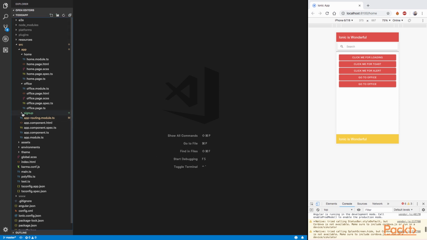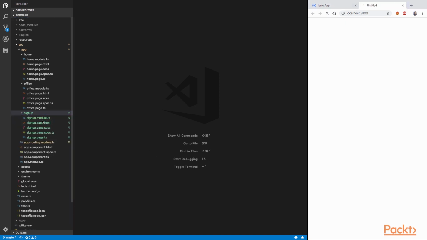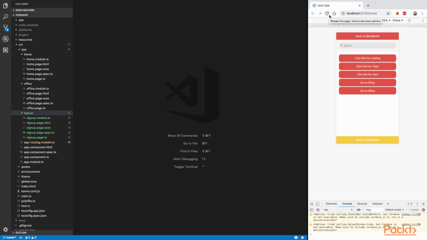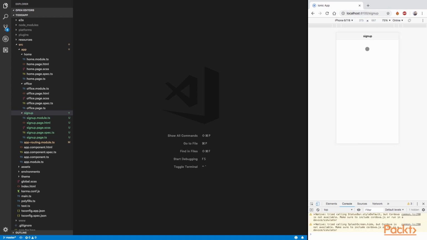So if you look inside your sign up page, you can see that I have all the files that I need for any page in an Ionic application. And if I refresh the application in the browser, I still get to see the home page. So I'll change this path to sign up and I get to see the sign up page. So now we can go ahead and write the code in